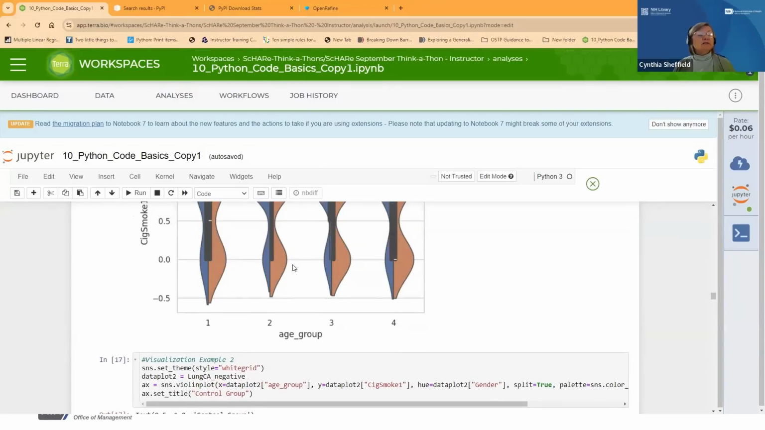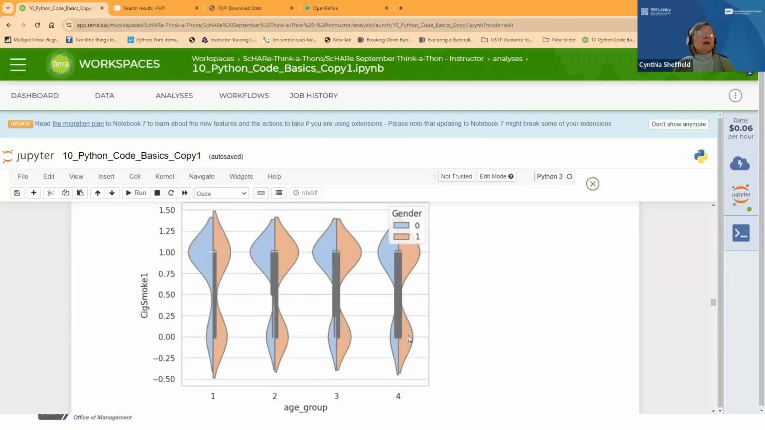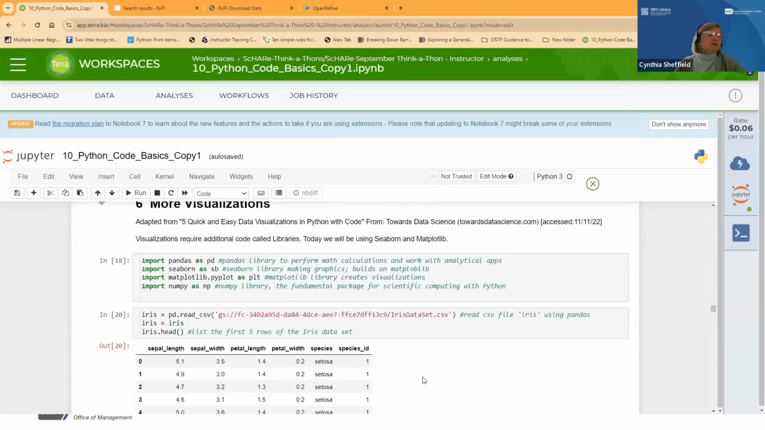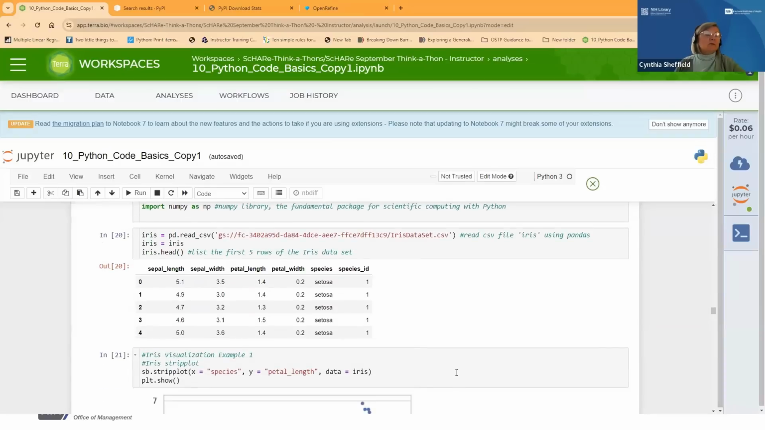So she clustered the age groups together in clusters 1, 2, 3, and 4. And then she was able to do the same thing for the control group or the non-cigarette smokers. Then I quickly moved on to show you more visualizations that were possible using the